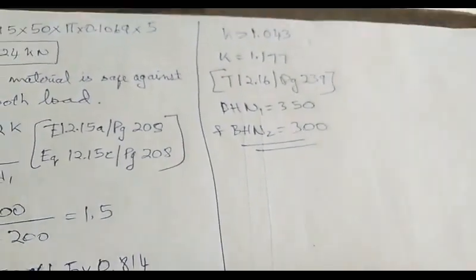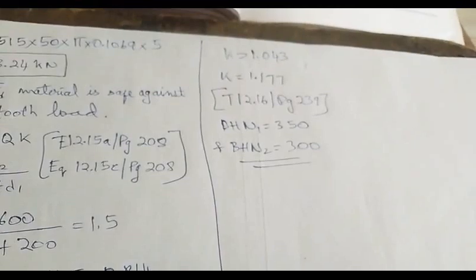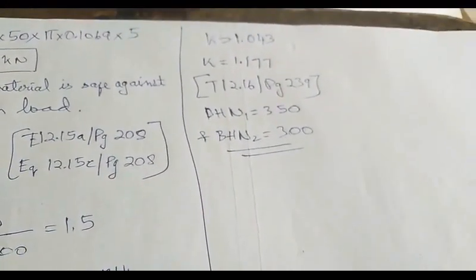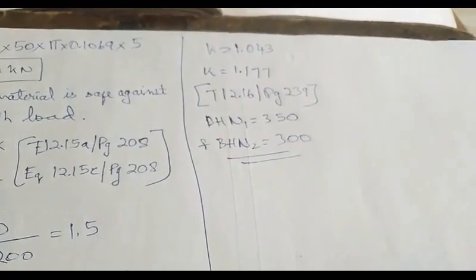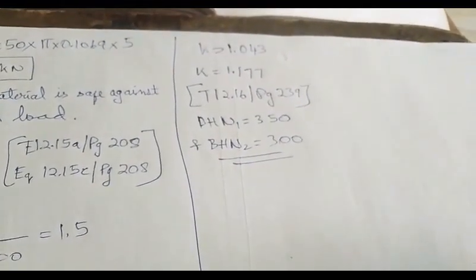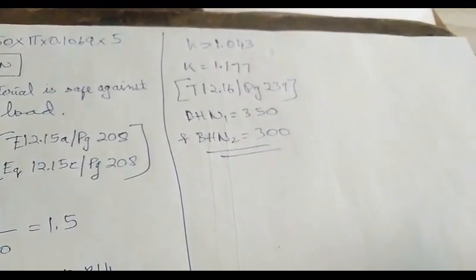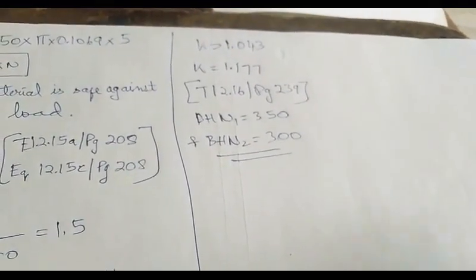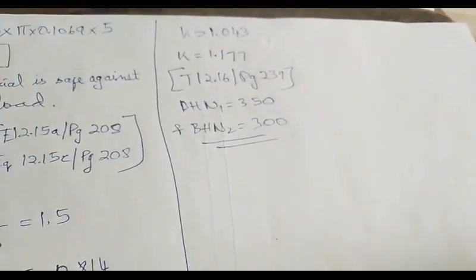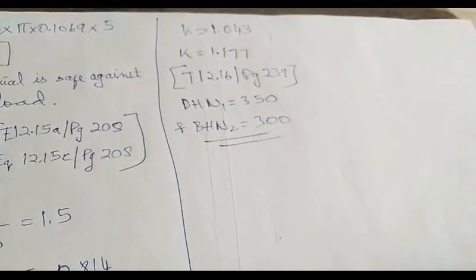So this completes the problems on spur gears. In the next session we shall start with helical gears. In the textbook there are many problems, but the procedure is the same as what I have solved. So you solve some problems from the textbook so that you will get a hold on spur gears. The design of spur gears is very easy. You can score good marks from this.